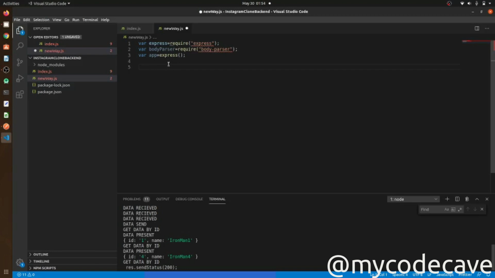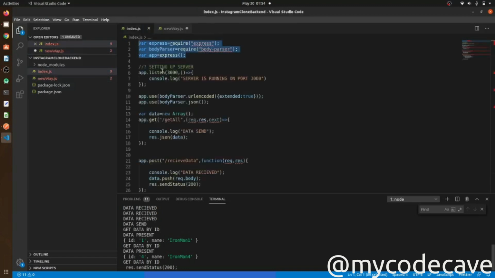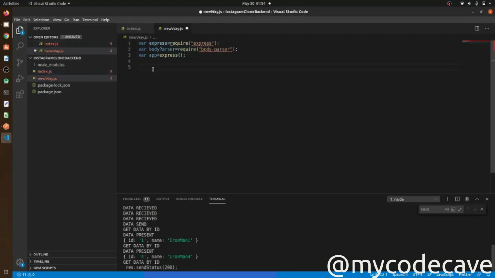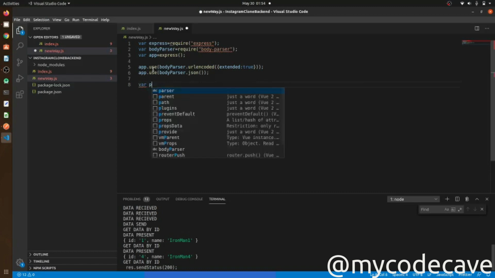Now I will again copy these lines from here and paste. This will include the body parser for the data from the post calls. Now I will set the port.